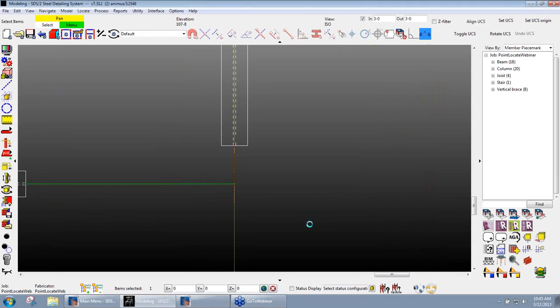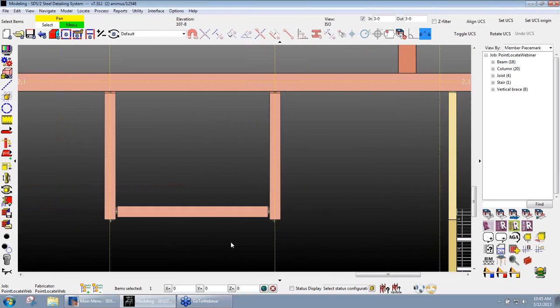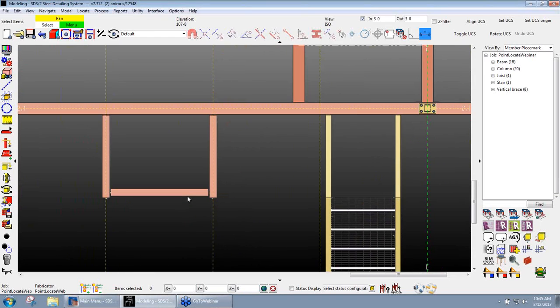Go ahead and process this so we can see it in solid and what I created there. Probably should have done a different connection, but that's all right. We kind of get the idea there. So